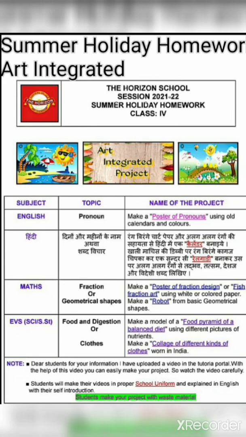In the form of art, you can draw pictures, or you can make a project from waste material, so you can easily understand your topics. Children, you also correlate your subject with another subject. Let's take an example of maths. If there is a topic that is shapes, there are two types of shapes: plane shapes, known as 2D shapes, and 3D shapes.